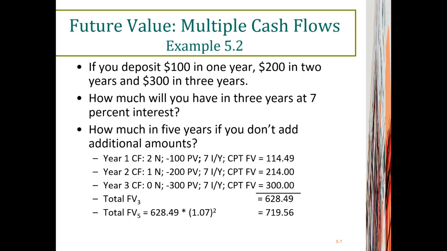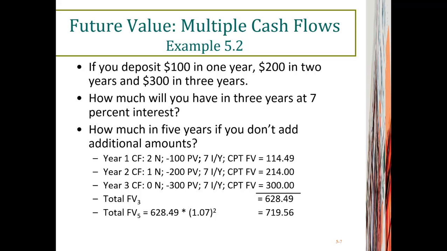And for the 30th year, that is $300. And here for the first cash flow, we needed to compound it twice. And for the second cash flow, we compound once, and the last one we did not compound. Once we get a future value for individual cash flows, then we add them up to get the future value for